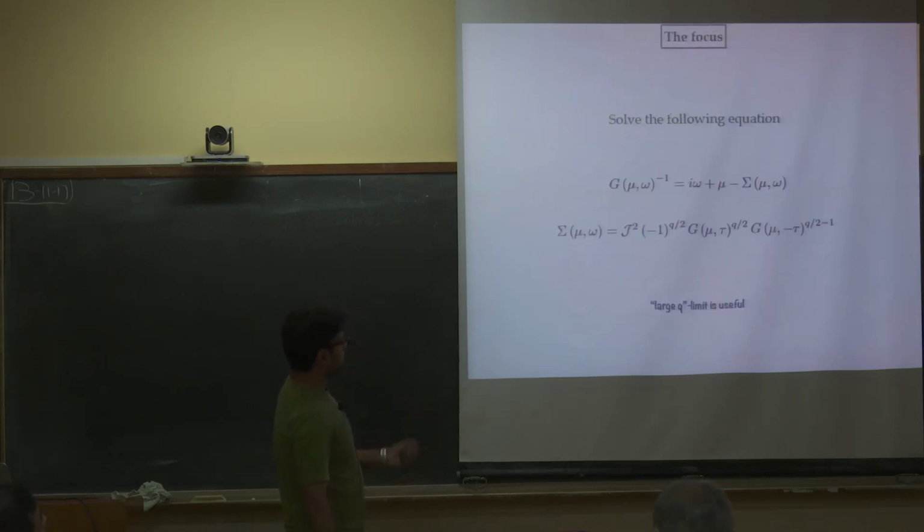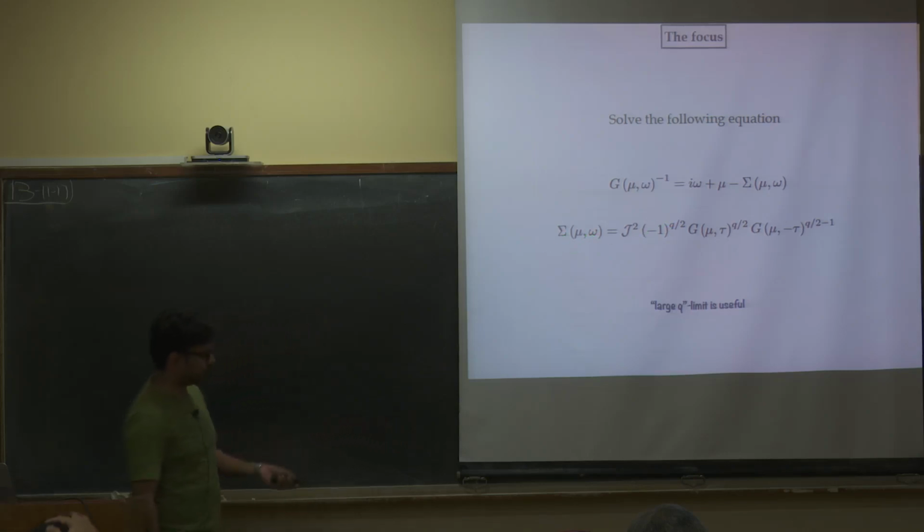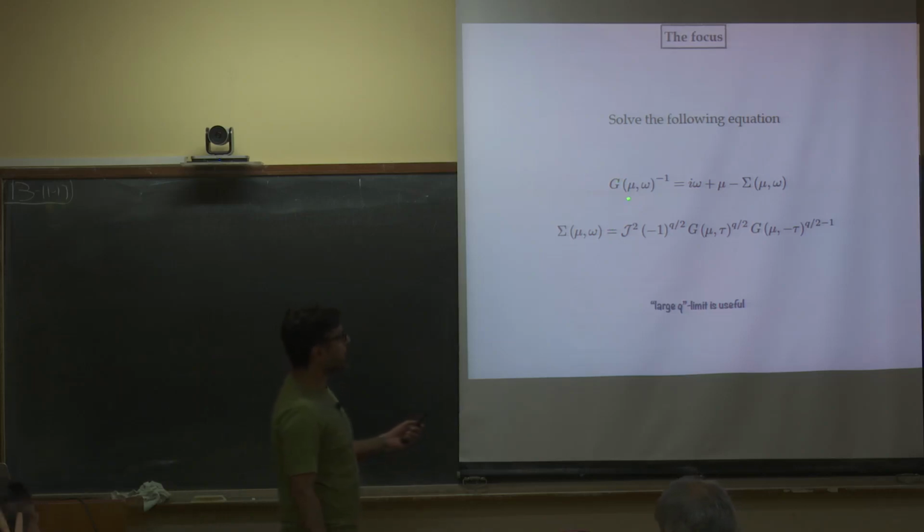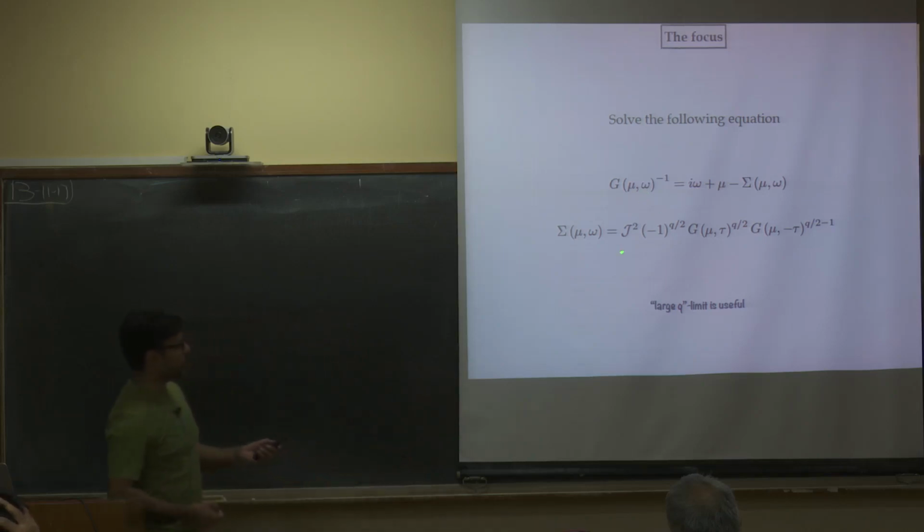The point is, at the end of the day, you get these two equations, which are Schwinger-Dyson equations, and essentially these are the two equations that you have to solve. Given these two equations, you can solve them for any value of q or for any value of mu. But that solution usually tends to be a numerical one, and that is not to say that you cannot gain physical intuition. It's just inconvenient if you are not into numerics. What becomes useful is if you take this parameter to be really a free parameter and try to take a large q limit, then this problem becomes much more tractable in a certain sense.